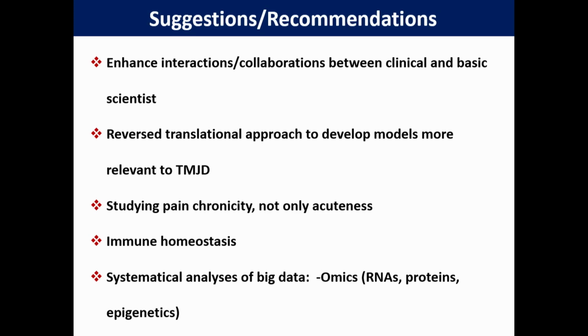So I saw Bill's slide has 3 tiers. The highest tier is persistent pain. You want to change that to chronic pain. That's why I discussed with Ron Dubner a long time ago. He said, yeah, we don't know in any model whether they have chronic pain, but it's persistent. Now the question is asked again, whether persistent pain is chronic pain. So that's my issue. Also, we need to study immune homeostasis, understand the whole system, and foster inhibitory immune regulation.